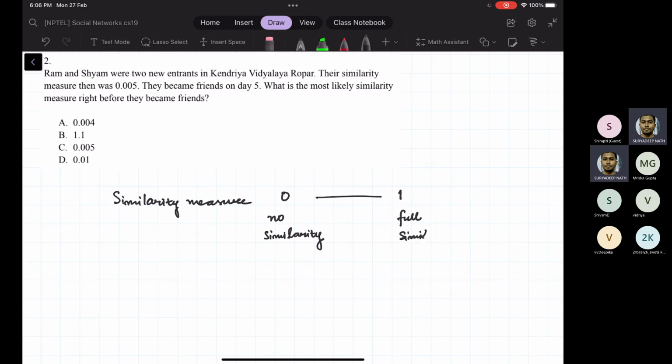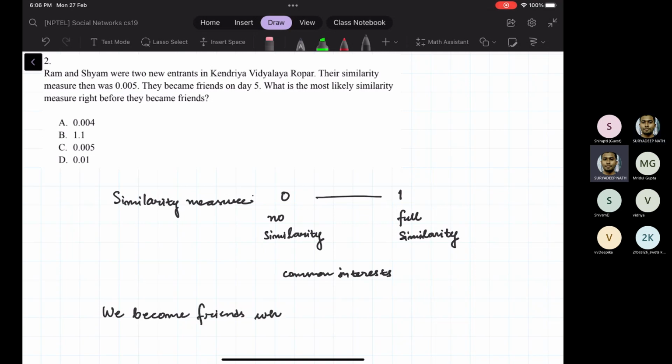Now, similarity could be between anything. Examples of similarity could be common interests. This could be music, sports, food, anything. So similarity is a measure between 0 and 1. 0 signifies no similarity, 1 signifies full similarity. So it is observed that we become friends